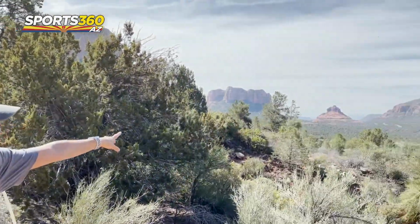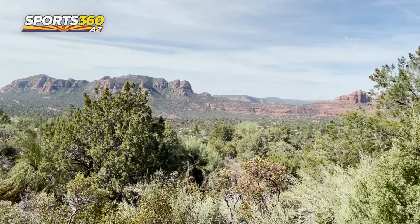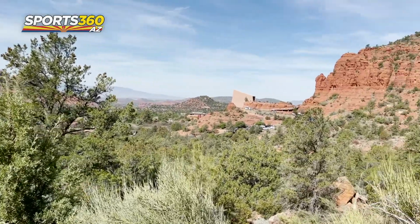One of the things that's really nice about this hike is that you get to see so many of Sedona's staple signature sites, which right over there you can see Bell Rock, then you can see the cathedrals, and then obviously the chapel. Honestly, I thought the rocks on this hike were even more red than some of the more